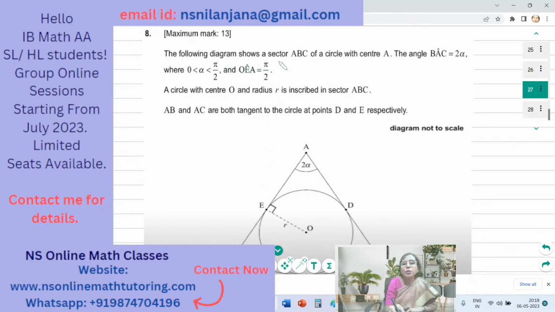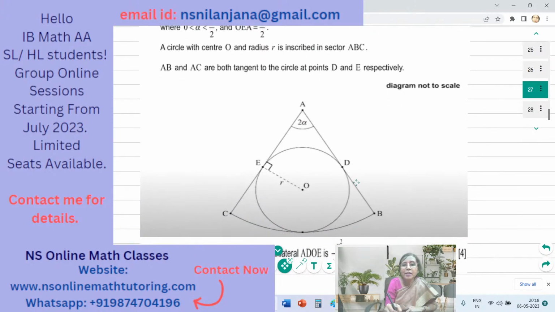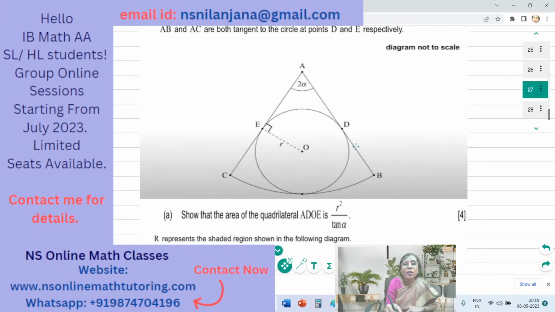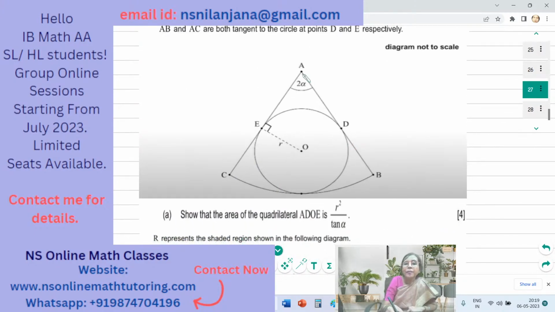The following diagram shows a sector. It contains 13 marks, and the following diagram shows a sector ABC of a circle with center A. This is the sector you see with the center A, ABC. ABC is a sector with center A,